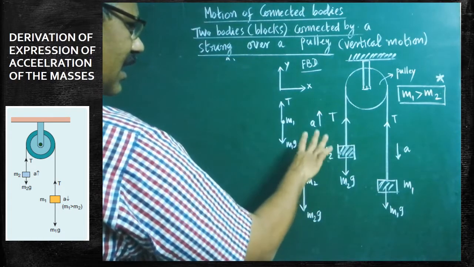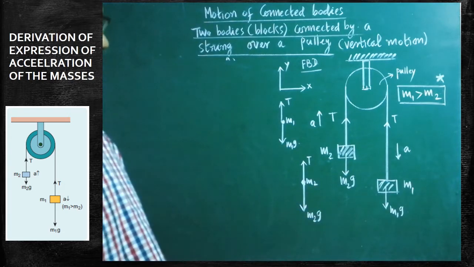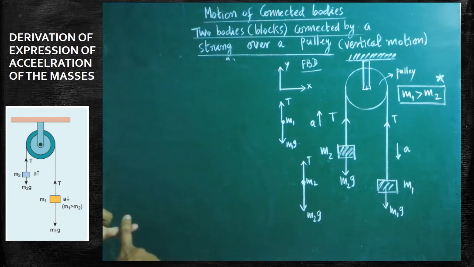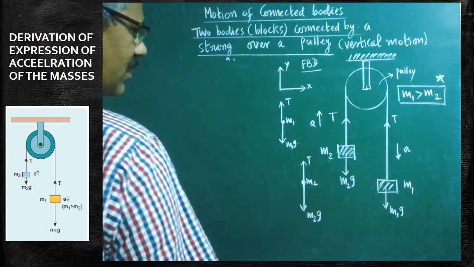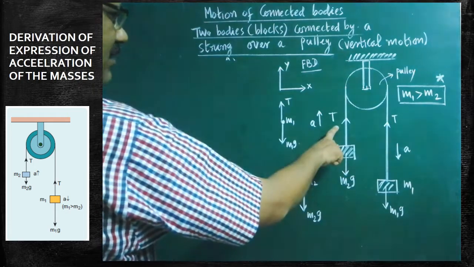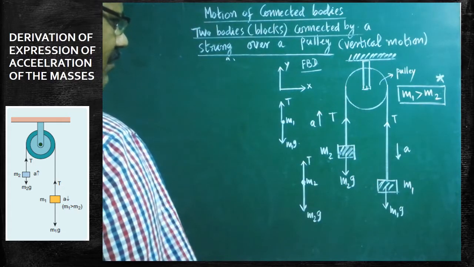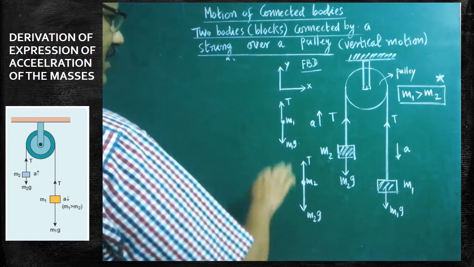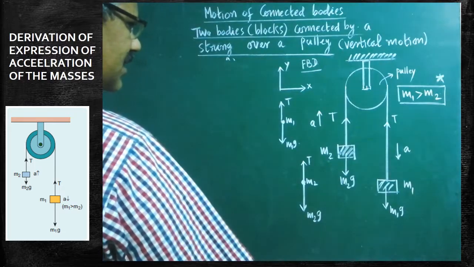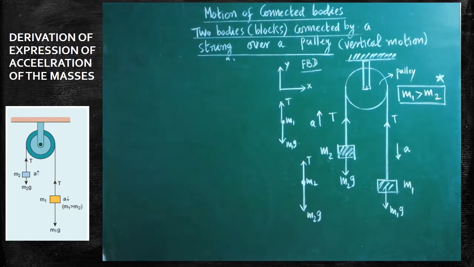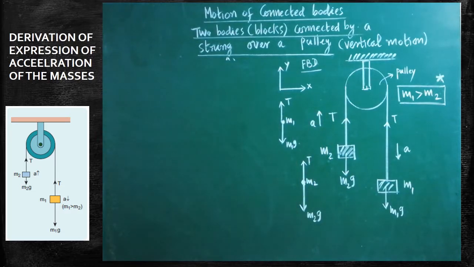Look at all the directions. Only then we are able to derive certain things. Here, what is our aim? What are we going to do? We are going to derive the expression for the acceleration which is acting on both the two bodies. Next thing is we have to derive the expression for tension. The tension throughout the string is the same. Are you clear? We are going to derive the acceleration expression for both mass m1 and mass m2. One acceleration is acting towards downward direction, another acceleration is acting towards upward direction. So the tension expression and acceleration expression, both of them must be derived.